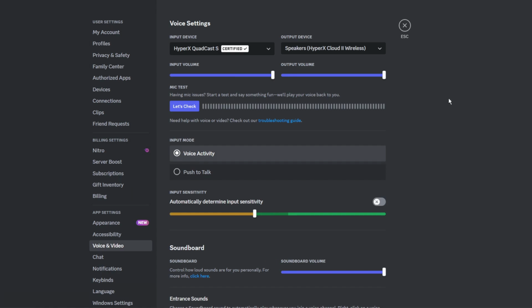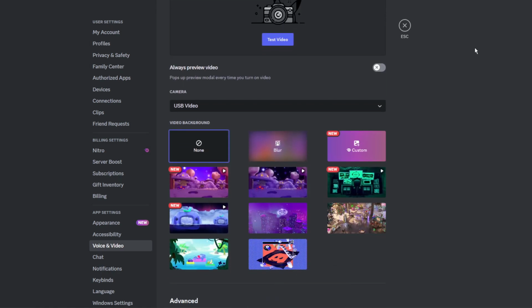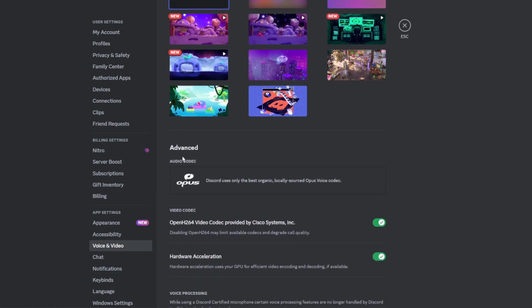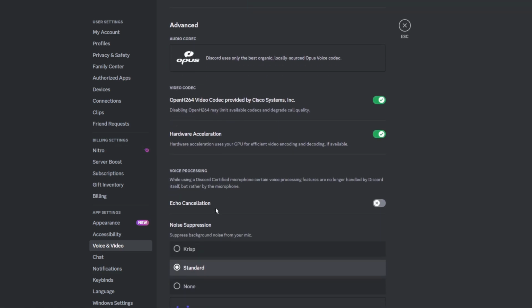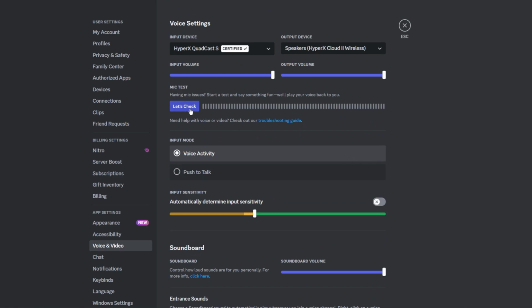Now, to fix your microphone, you need to scroll down right in this section until you find Advanced. Then, you should see something right here that says Voice Processing and Echo Cancellation. What this does is, well, it cancels echoes, but it doesn't really work that well, and it makes your microphone sound trash. Now, turn it off and try talking to your friends again, or you can use your mic test